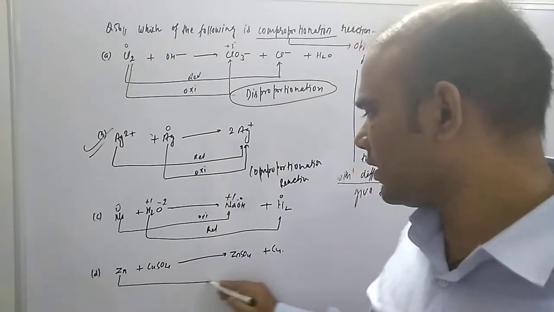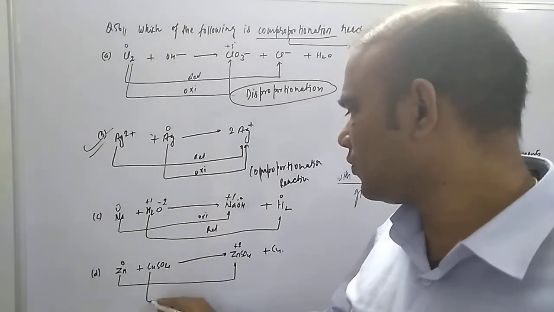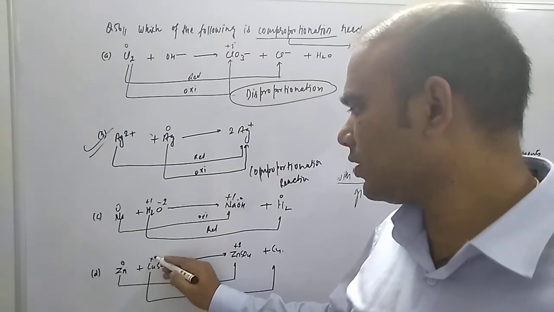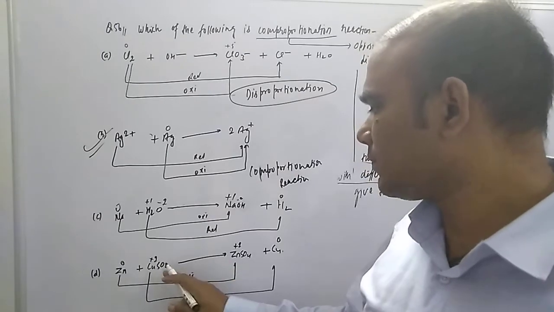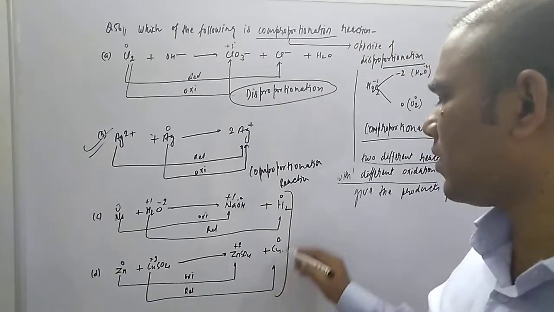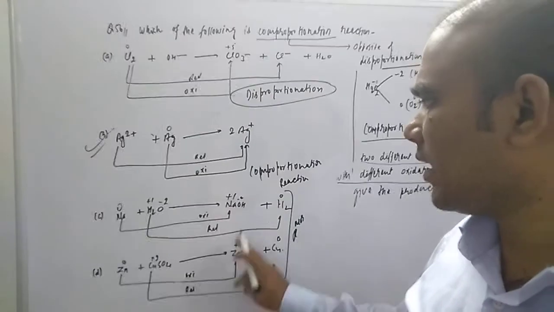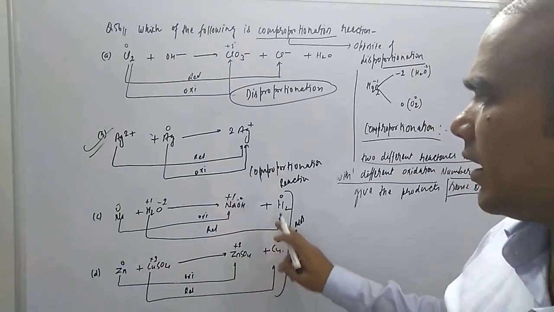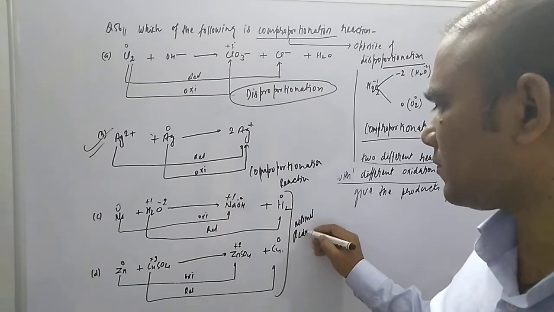If you are taking zinc, zinc is going to ZnSO4, so here Zn is 0 and here it is +2, and for copper, what is the oxidation state, student? Here it is +2 and here it is 0. So 0 to +2 is oxidation, and +2 to 0 is reduction. So you will find this is a normal redox reaction. These two are normal redox reactions. These are actually displacement reactions, one a metal displacement, and both are displacement reactions. So we can say normal redox reaction.